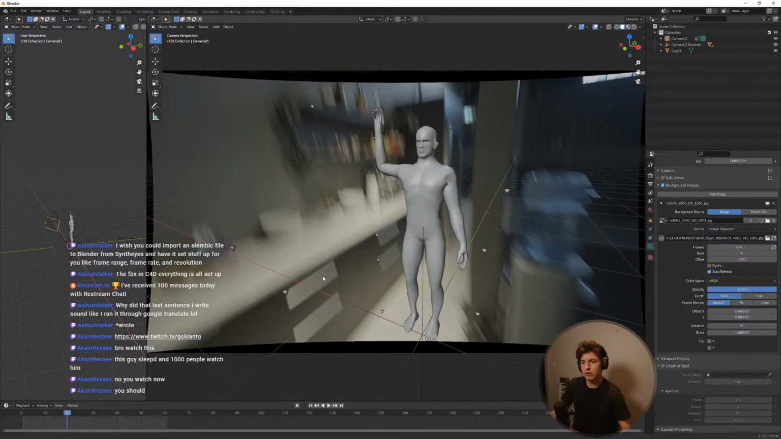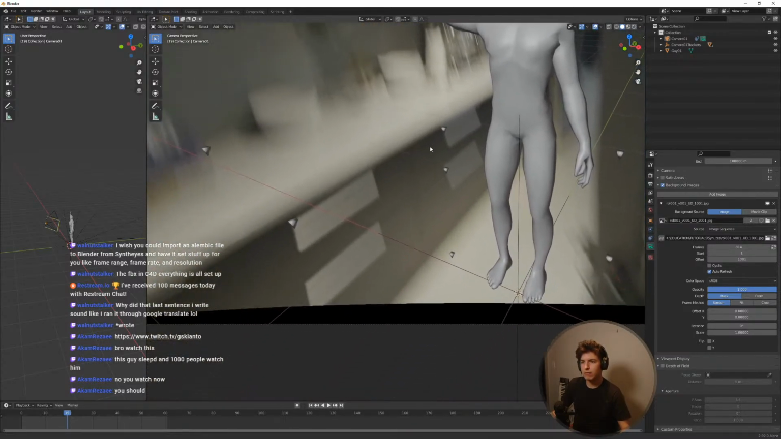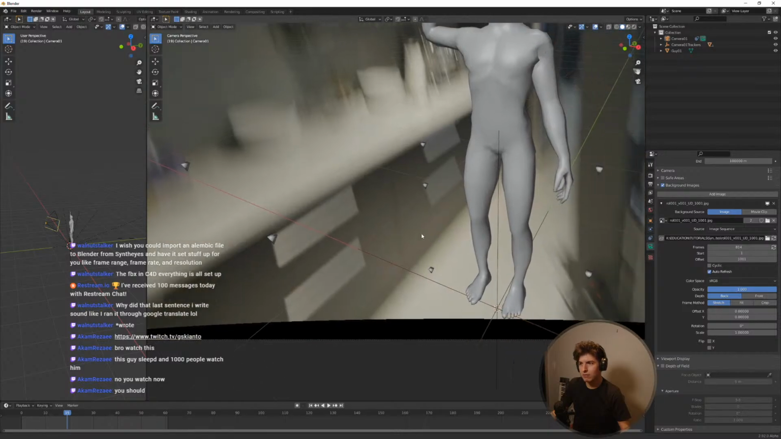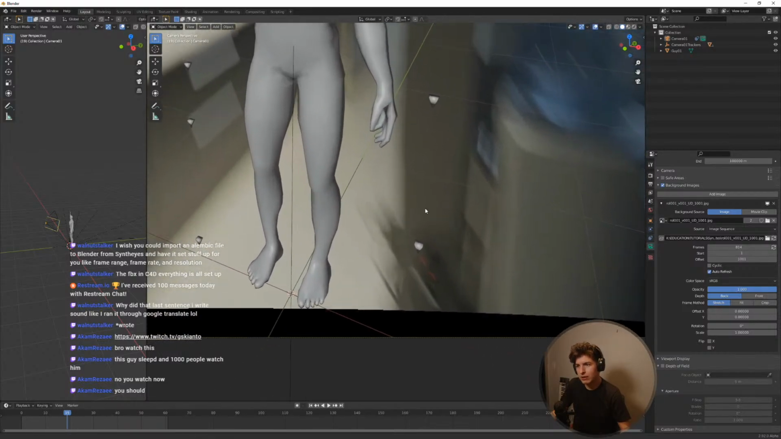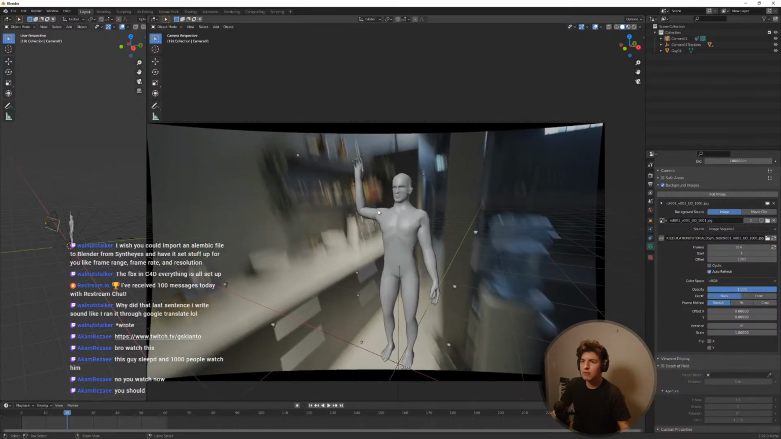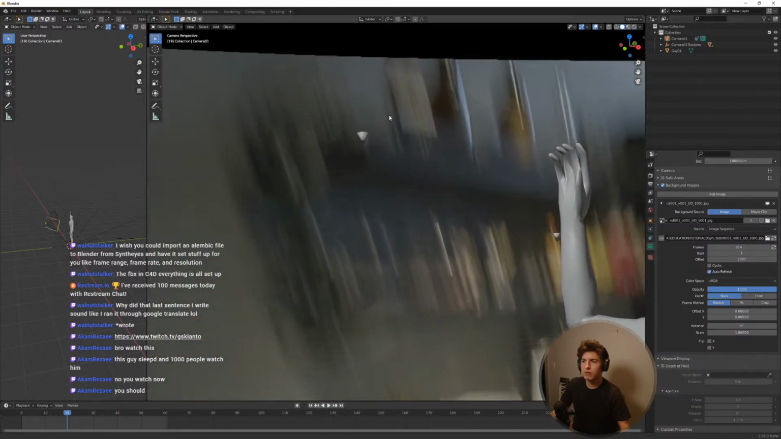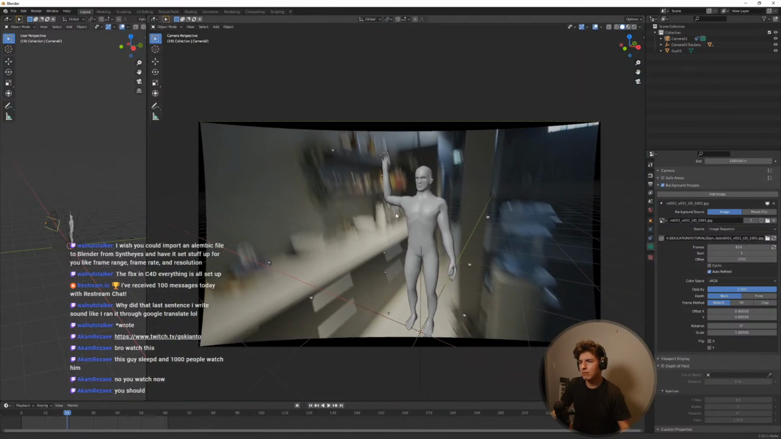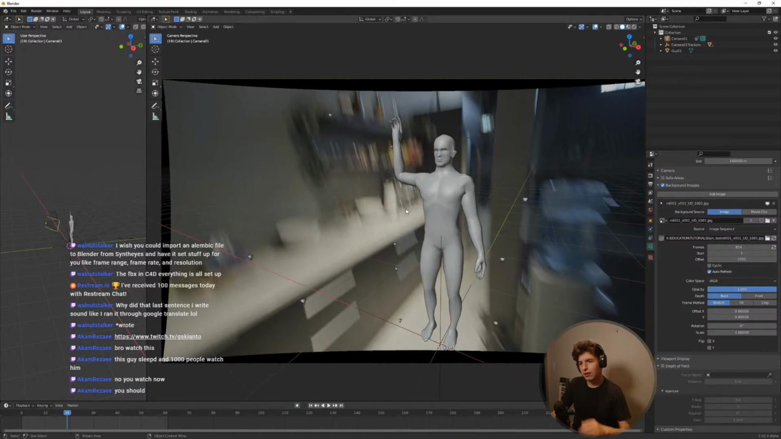So it's very noticeable right here and right down here with the light. The shelf is off too. Okay. Now